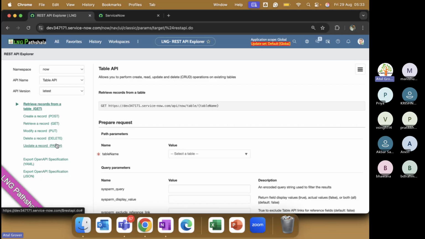In the same manner, in ServiceNow we have multiple modules: incident, change, problem, request, knowledge, user, group, location. Hundreds of things are there. ServiceNow provides me a lot of APIs out of the box. If I show you the other thing,